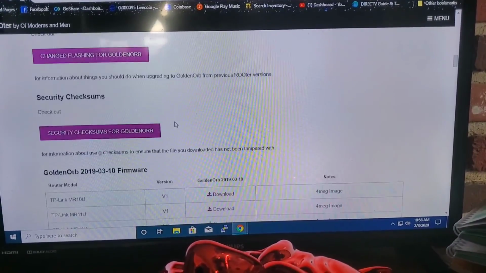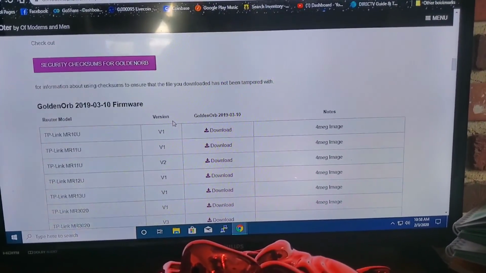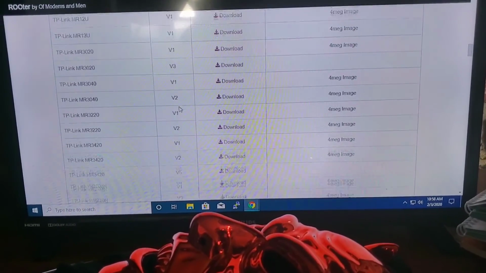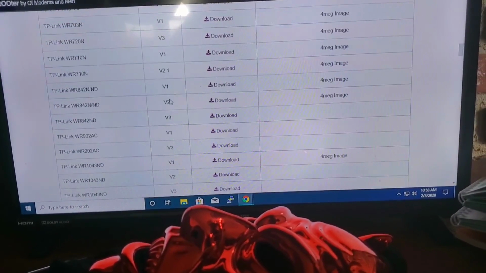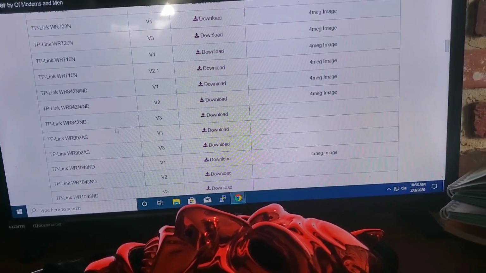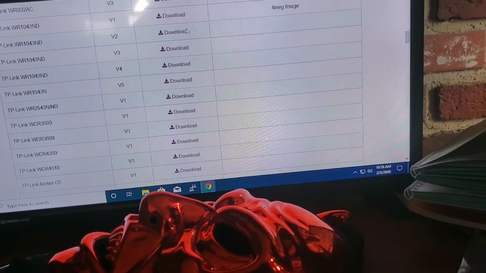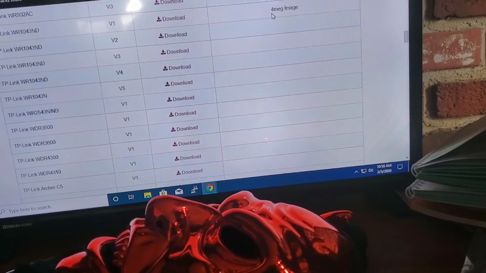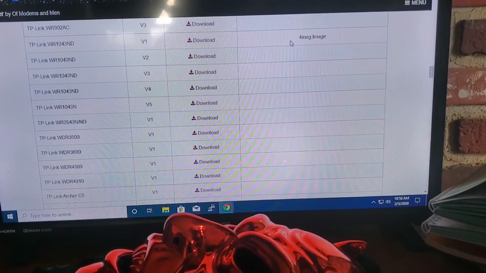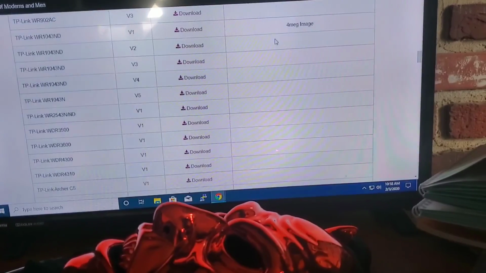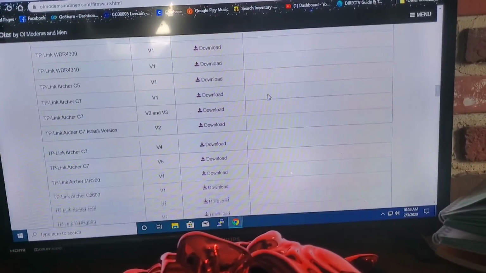You come down here and they've got a list of different routers you can use. What you want to do is find a router that is the 8 meg image, and it will be flagged as a 4 meg image. I believe the 6, I'm not 100% sure, but I know the version I have, I believe, is the 8 meg, and I know it has the